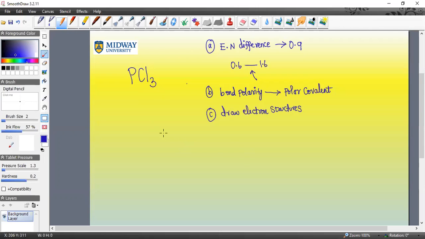I noticed phosphorus will likely go in the center and the Cls will go out. But before that, you have to go to the periodic table and figure out how many valence electrons each of these elements has. Looking at the periodic table, I know phosphorus is in group 5A